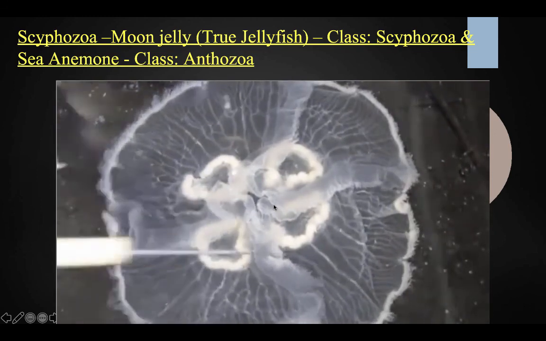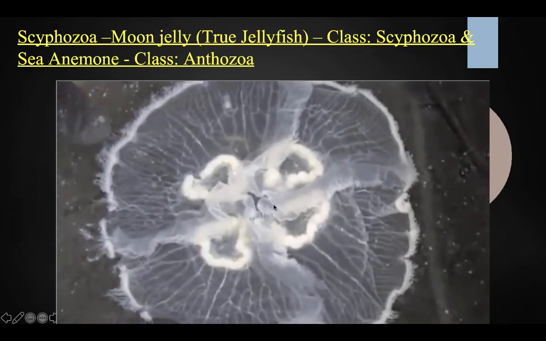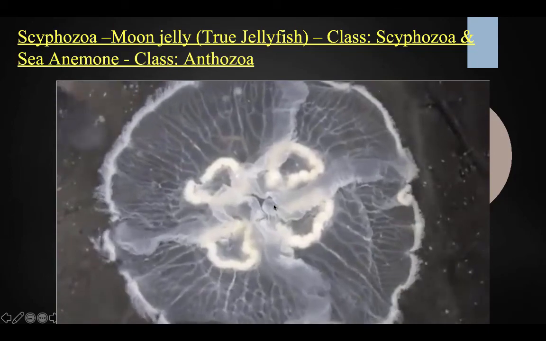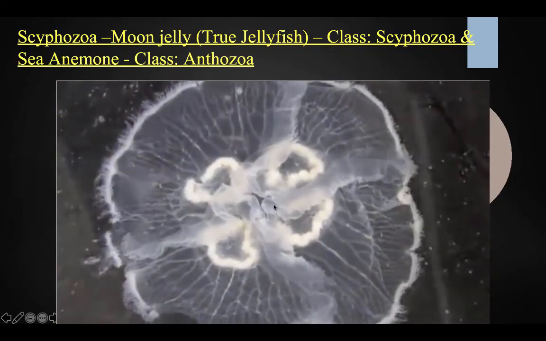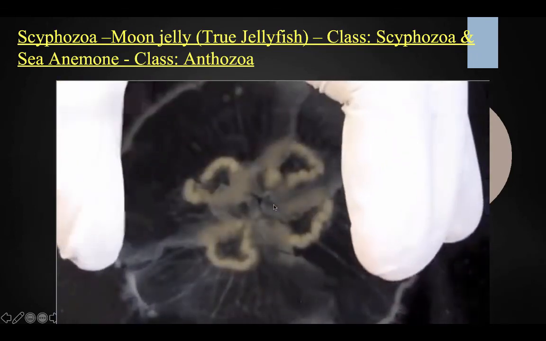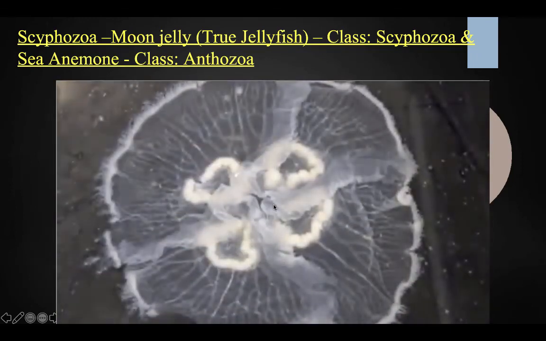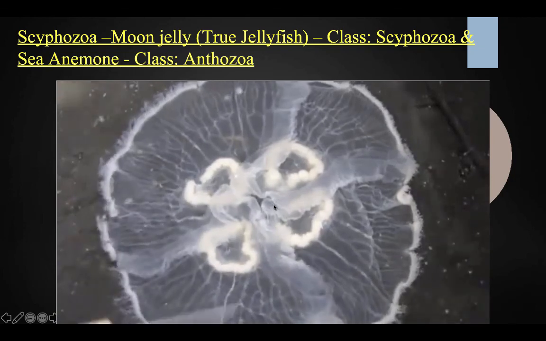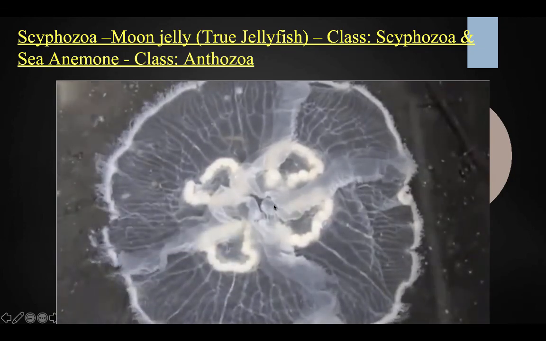This is the underside of the animal here. And the main part of the body is this, well, it looks round and flat here, but in life it would actually be curved like this, sort of parasol shaped, okay? And that part is called the bell. Okay, so most of this flat surface here is called the bell. And a hydrostatic skeleton, so a water-based skeleton, is basically what allows it to maintain its shape. So obviously it doesn't have bones, there's no hard shell like on an insect, so it's just a water skeleton